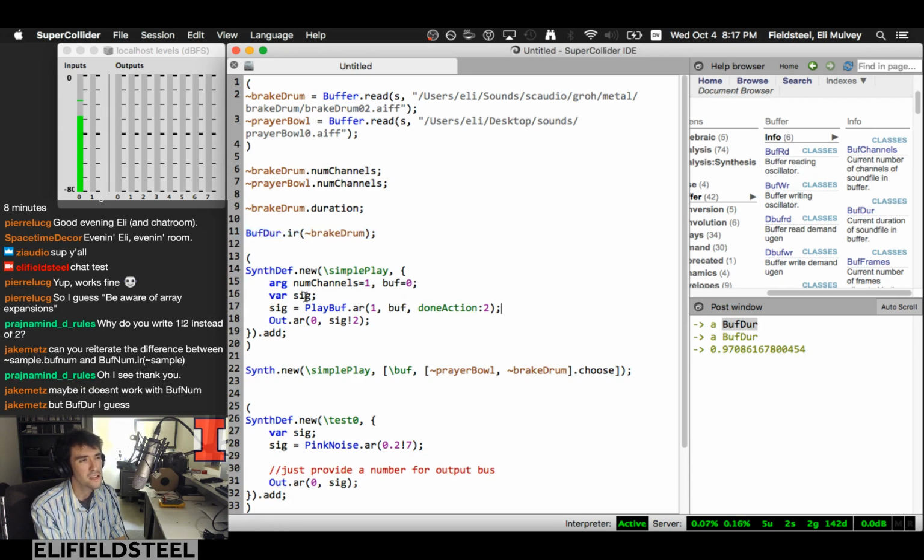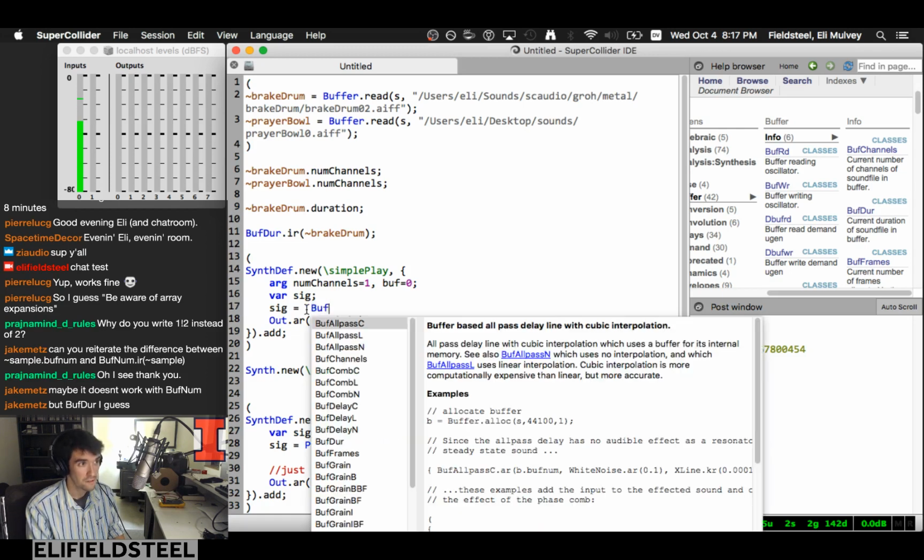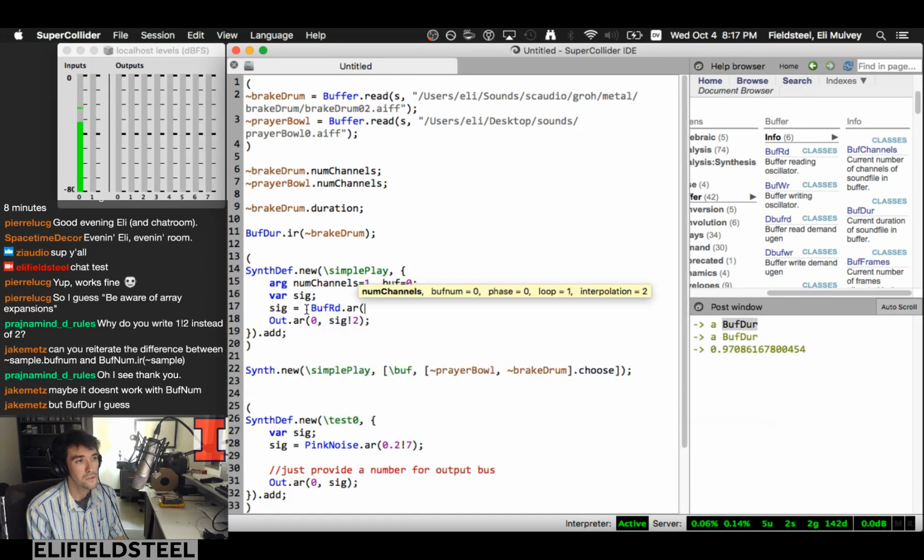So how can we do this? Let's do buff read, and this is 1 exclam 2 buff, and we can get rid of this. We don't need this anymore. This argument num channels. And then the third argument is the phase. So we're going to do line.ar. This is an audio rate pointer that starts at 0, goes to,